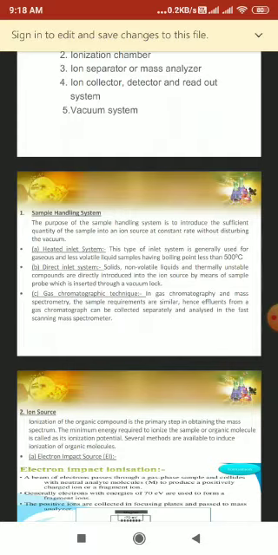Low volatile samples like sugars, acids, amino acids, etc. are converted into volatile derivatives. For example, hydroxyl compounds into ethers, acids into esters, etc. The second inlet system